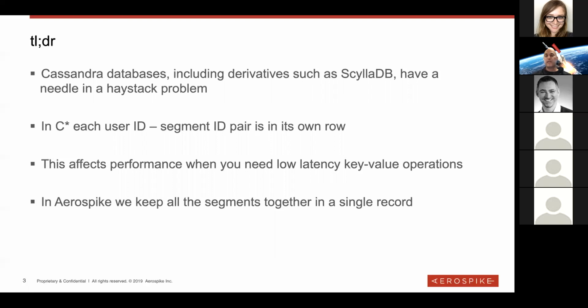In Aerospike, we model pairs of data in a single row using something like a map or list data type. And that's something that we're going to go over. Single key value operations in Aerospike are extremely fast, typically hovering around a millisecond, depending on how much load or hardware you have. It can get to microseconds, or it could be a little bit over, like 2 to 4. But on the whole, these are extremely fast operations. And the idea when you're modeling these types of things is to be able to retrieve it all in a single read of a record.